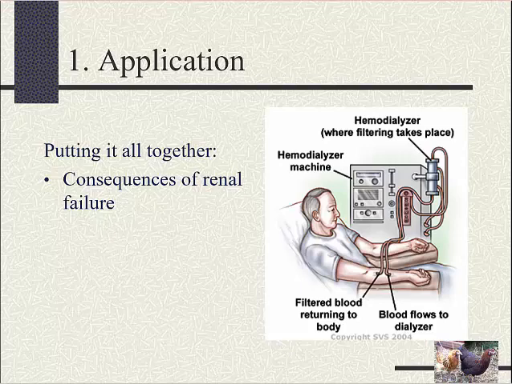I'm asking you to consider the 4 different major functions of the excretory system that I asked you about in question 2, and then to draw on your knowledge from previous chapters and explain possible consequences of renal failure. I give you one example, and that is that the volume of fluid in the blood needs to be maintained, and if that doesn't happen, cells might shrink or burst.